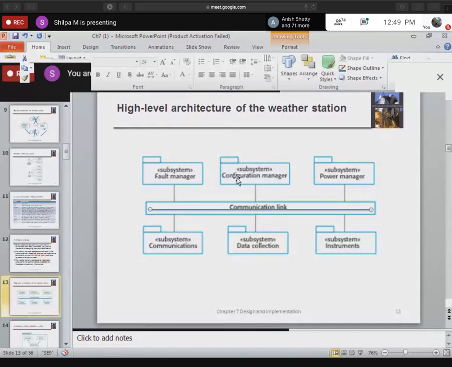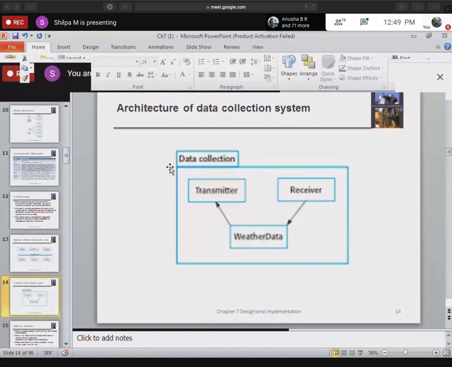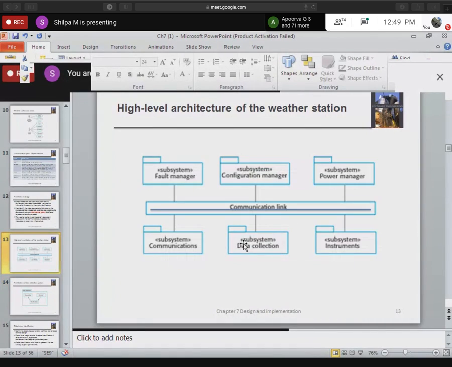Now each of these components you can in turn expand. Let's say for example there is a data collection component. We can expand this component and develop an architecture for that component. This was your data collection component in the overall architecture of the system.